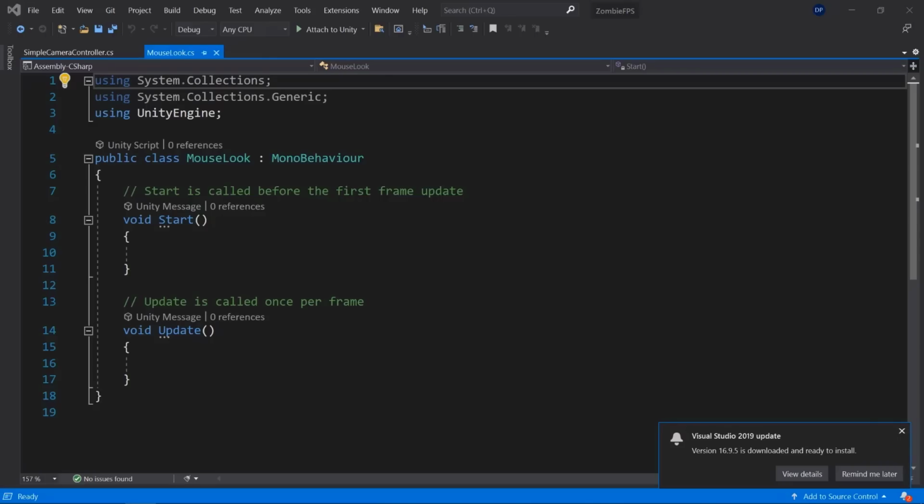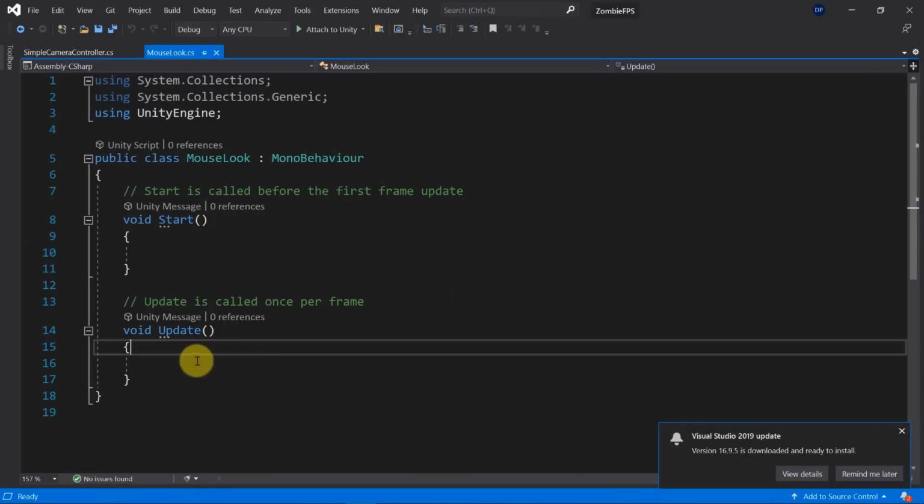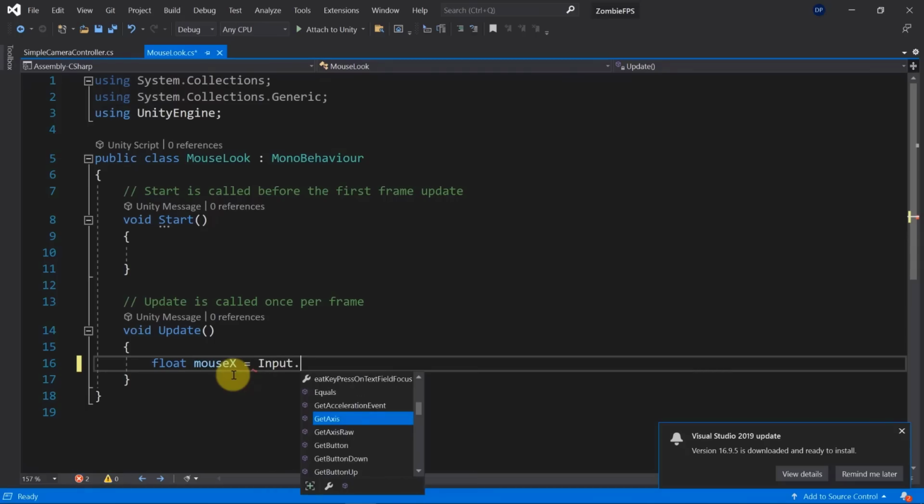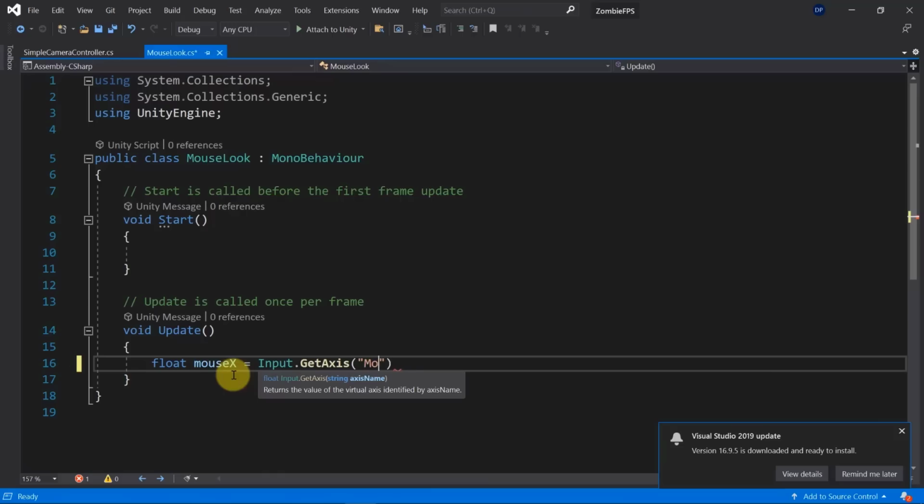So let's get started. First of all, let's set up the update method so that it will get us the axis input of the mouse. So float mouse x, as I'm going to call it, it will be given to us by using the get axis, and here we use the mouse x axis. Okay, so if you recall,